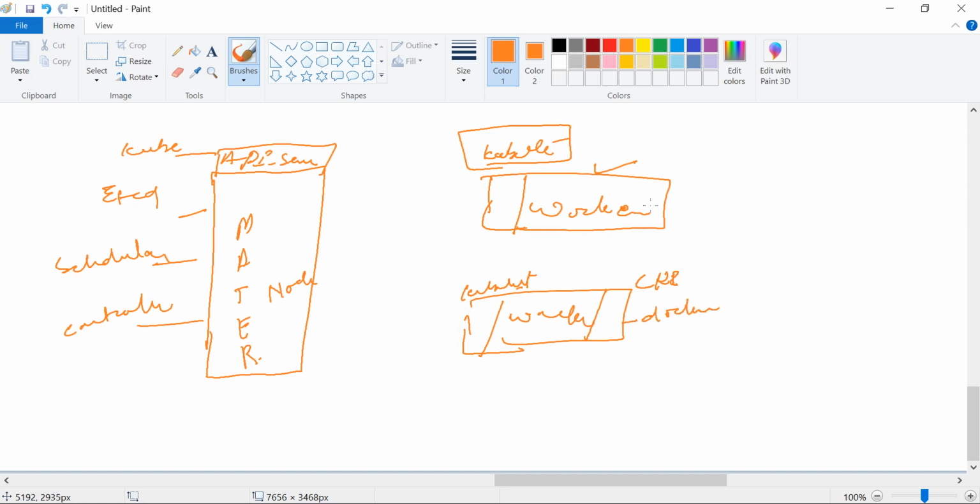Here we are using Docker as the container runtime. And the main component is the kube proxy. We need to communicate between the nodes, so we have the kube proxy here as well. So this is my overall Kubernetes architecture, as I have defined it.